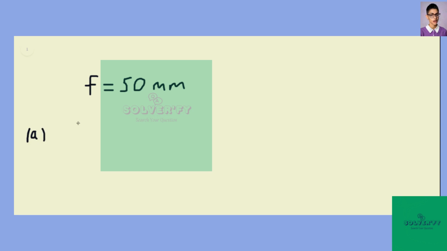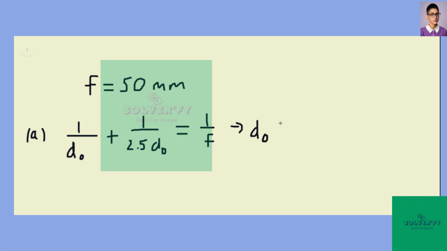So using our equation, 1 over the distance to the object plus 1 over the distance to the image is equal to 1 over the focal length. We find that this is 1 over the distance to the object plus 1 over 2.5 times the distance to the object. We're just replacing that distance to the image with this magnification term, and this is equal to 1 over the focal length, which we know. Therefore, solving this expression for the distance to the object, we find that the distance to the object is equal to